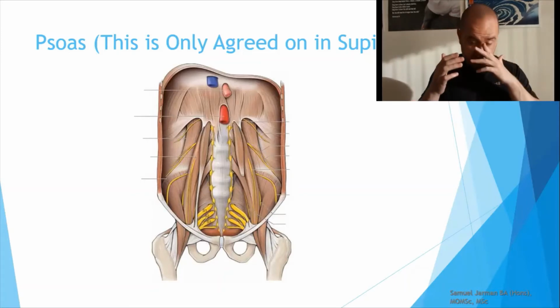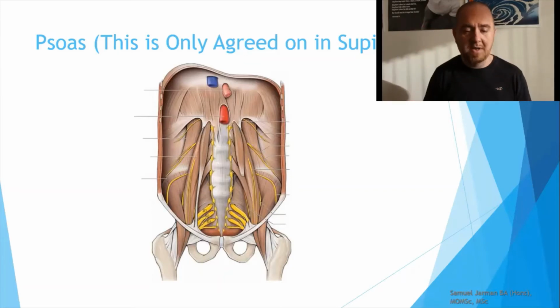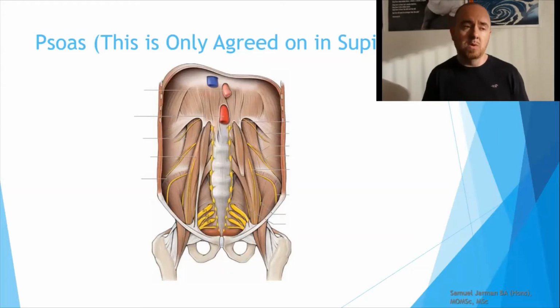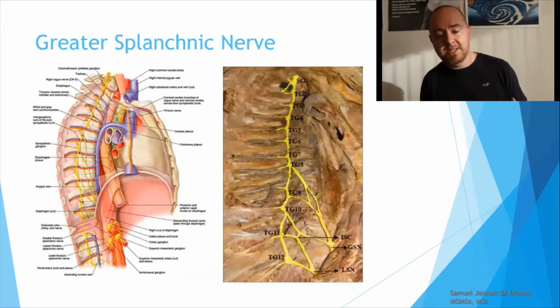Then the psoas, as I already noted, in supine, it will contribute to torso or trunk flexion. However, in a standing position or any other position, it doesn't really necessarily do that. It will more so contribute to hip flexion, because that's its main job. Now, as far as the midgut is concerned, we need to look at the splanchnic system,